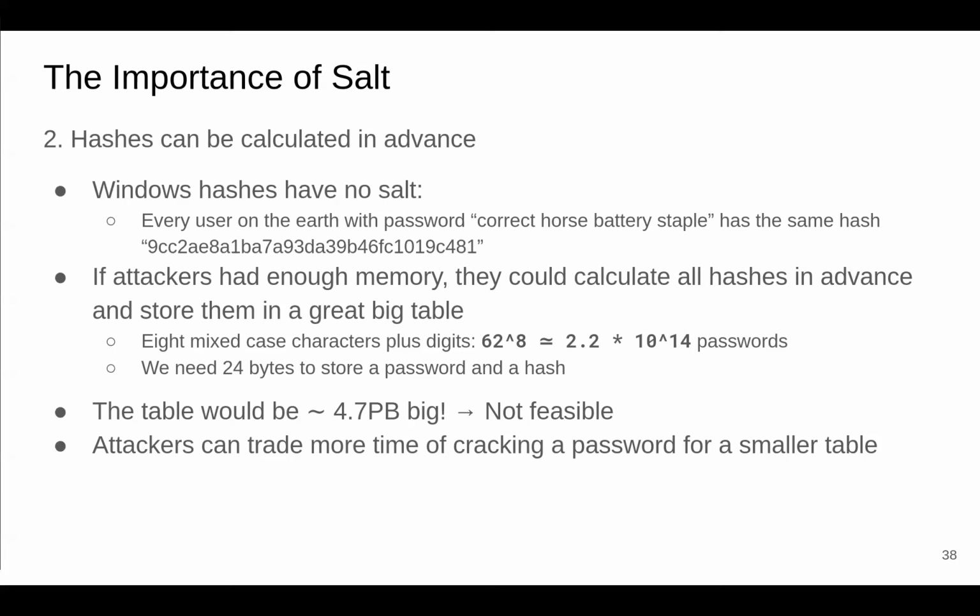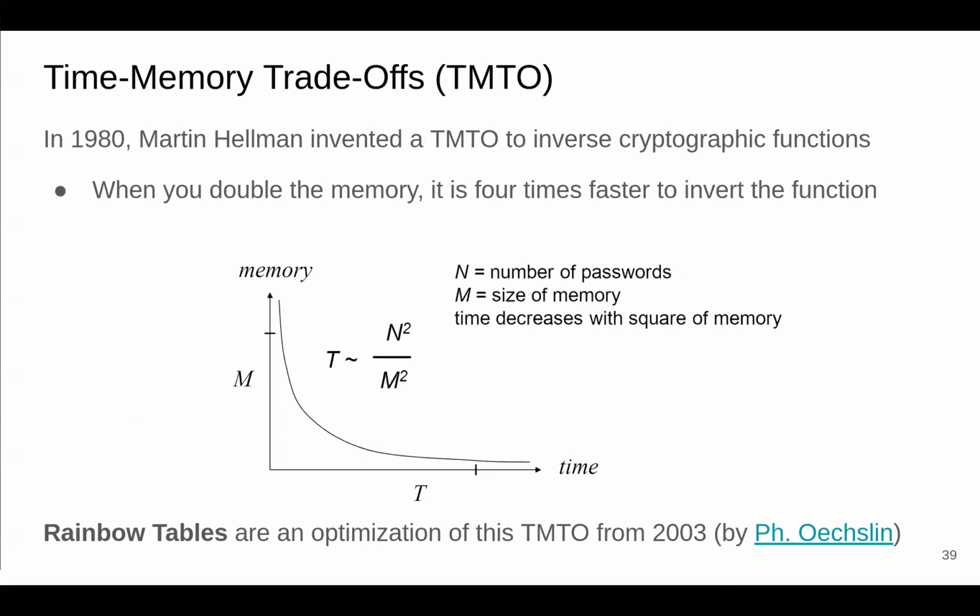Assuming we have no hash, we could pre-compute all the hashes and store them in a big database. Afterwards, each lookup becomes an O(1) operation, right? Now this becomes a cheap operation, but then we need a lot of storage. Or every time we see a hash, we just compute all the hashes. So this becomes very cheap regarding memory, but very expensive regarding compute. So you're trading off compute and memory. And this was called a time-memory trade-off.